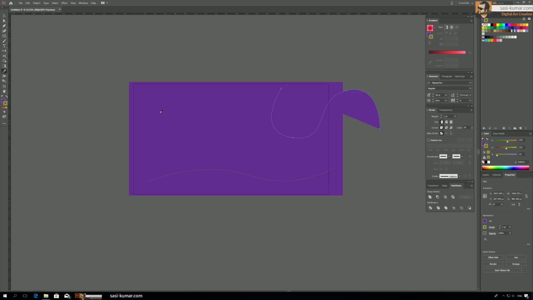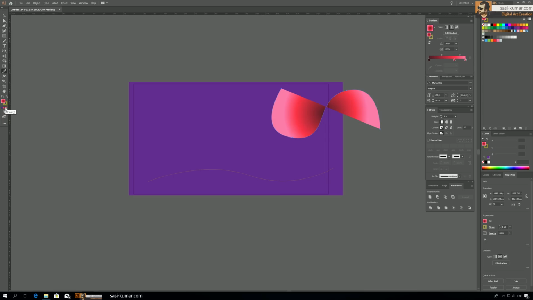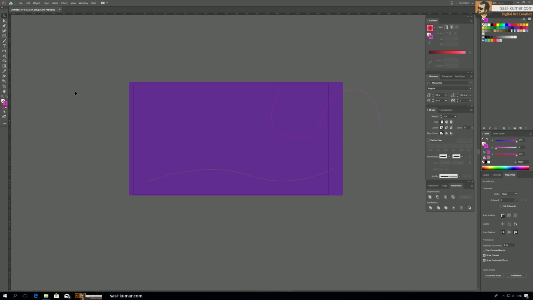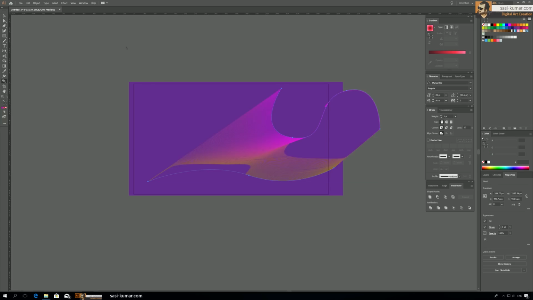And you don't need to have a gradient, make the line a different color, and select both objects, and you can blend both of them together, and you can create nice looking shapes using this technique. And I think this line has a fill, that's why it's not showing properly. Yeah, so with this technique you can create nice, complex looking backgrounds, which are very easy to create